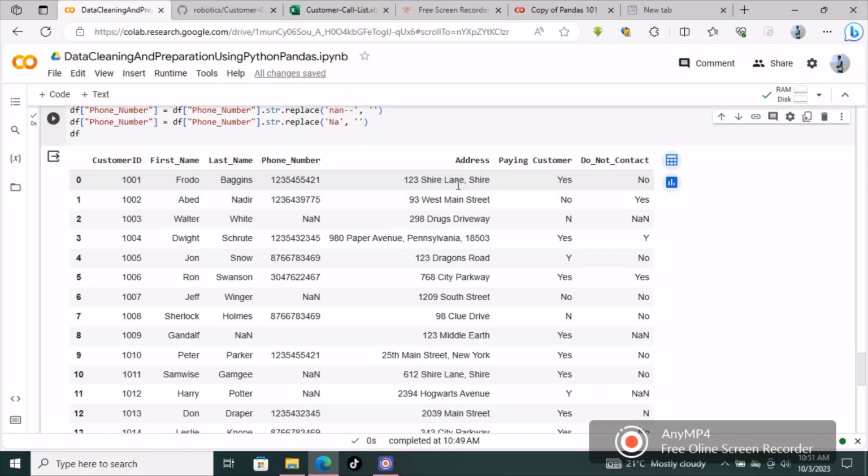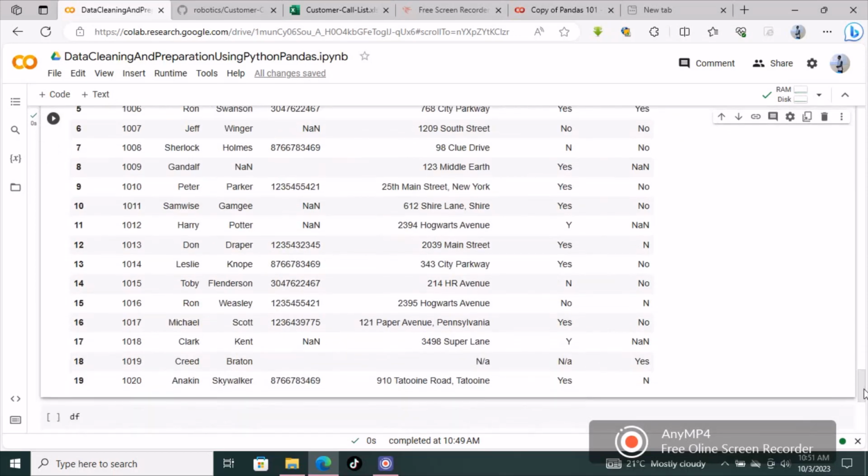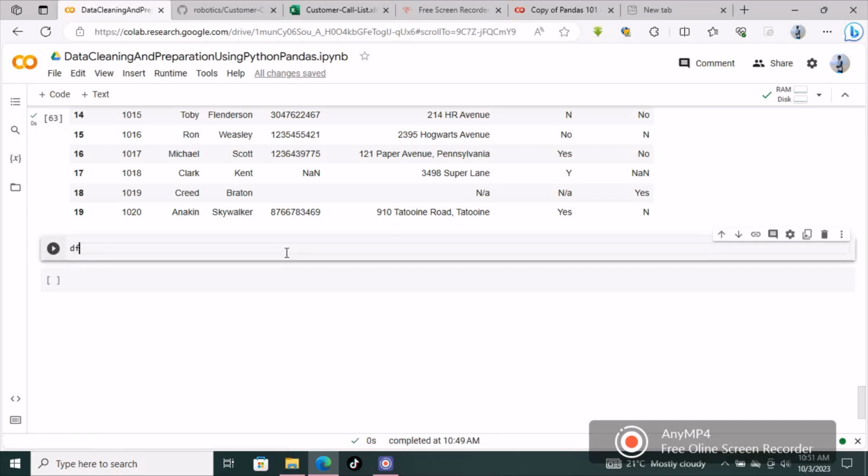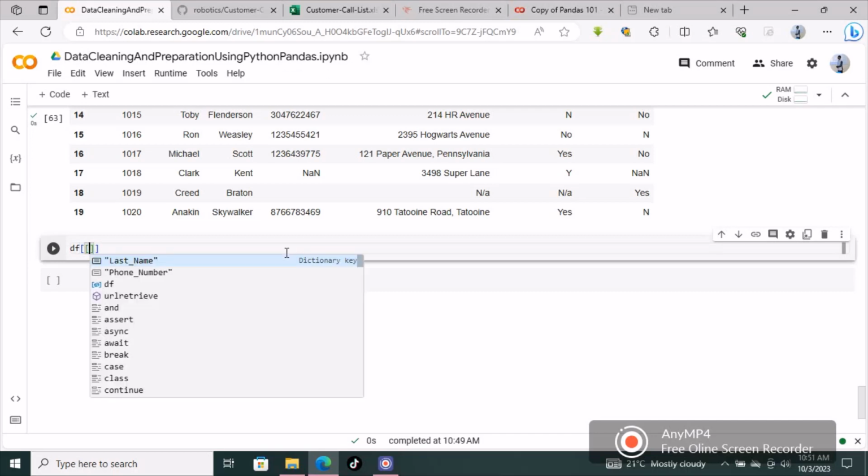As you can see from the address, we have the street name, the zip code, and the state. So we want to add another 3 columns. We are going to define them as a list or an array. So we define the names there,